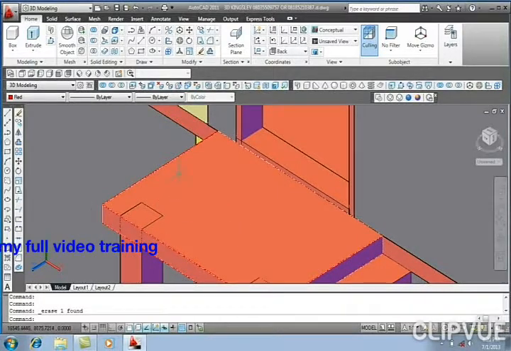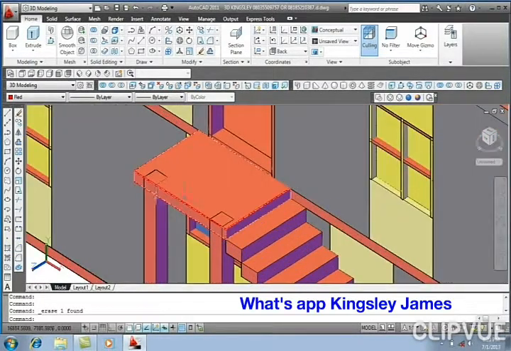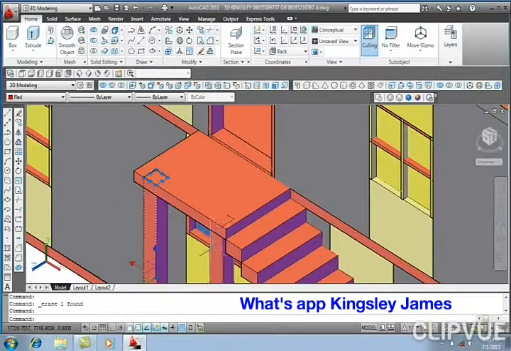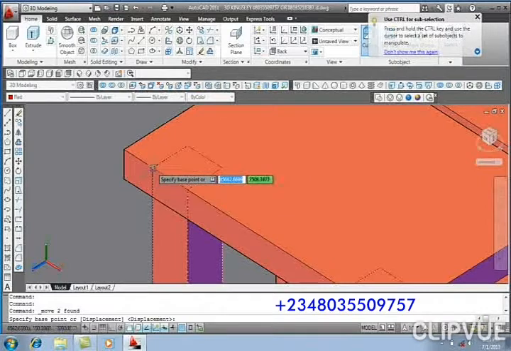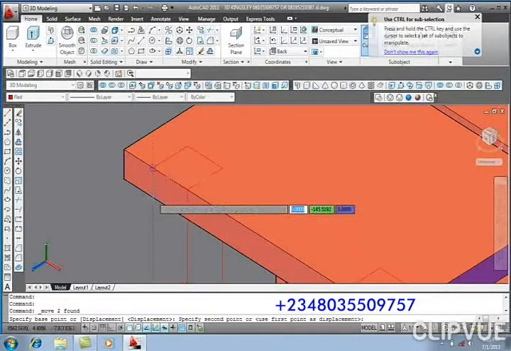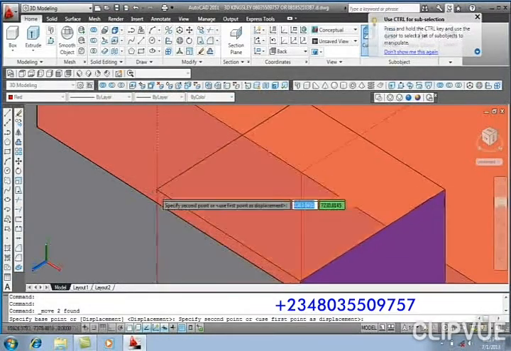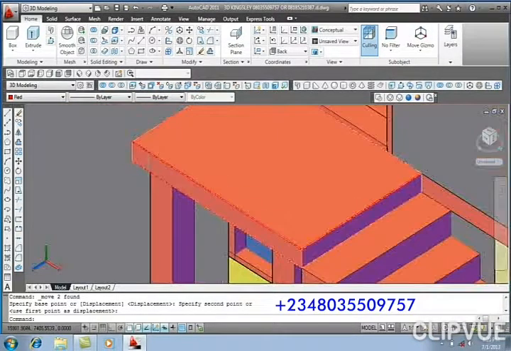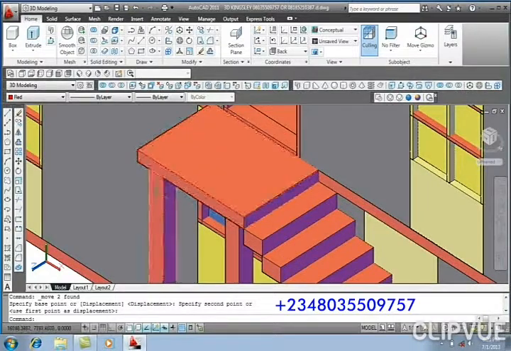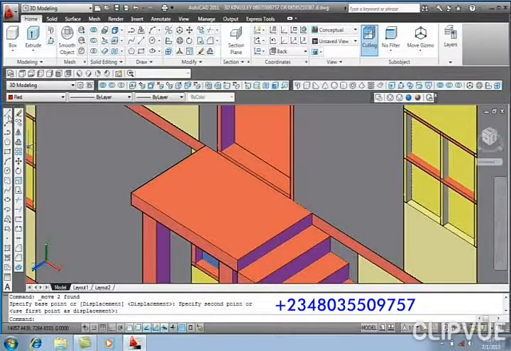Now I'm going to be adding my railing to this staircase, but before that, let me move these two guys down by selecting them. Come to move. I'll carefully click on this edge, then move down. Yes, and drop it like that. So it's okay now. I'll draw a line